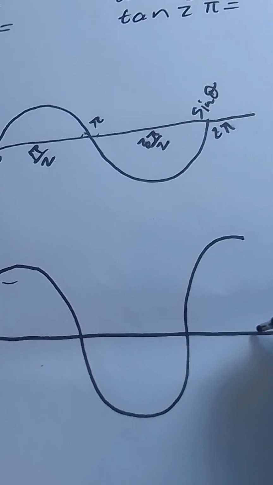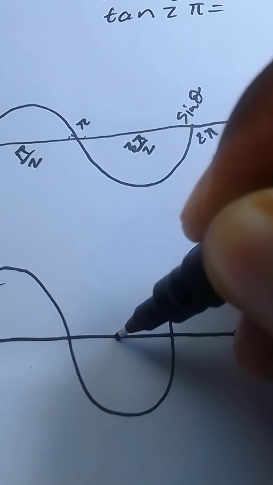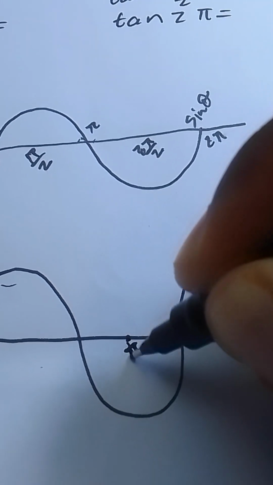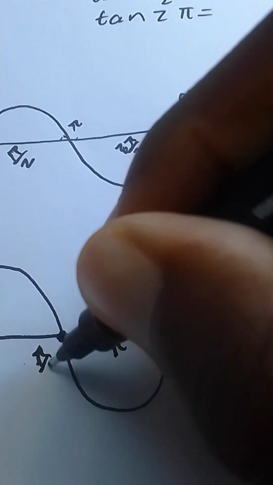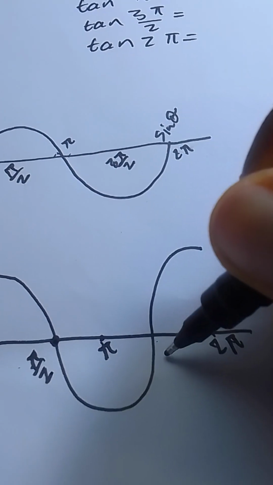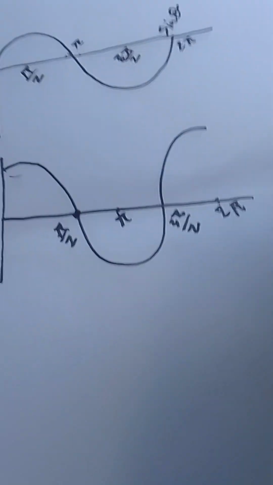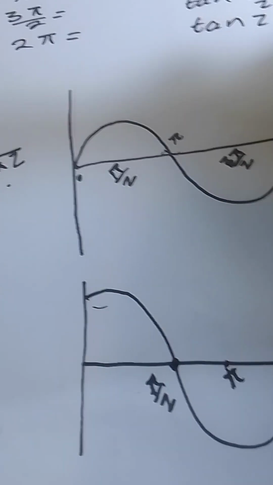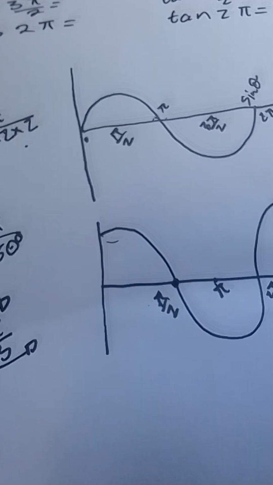Here is 2 pi. And then here is halfway, so it should be pi. Here it should be pi by 2. There should be 3 pi by 2. Okay, now if I'm given a ratio such as sine